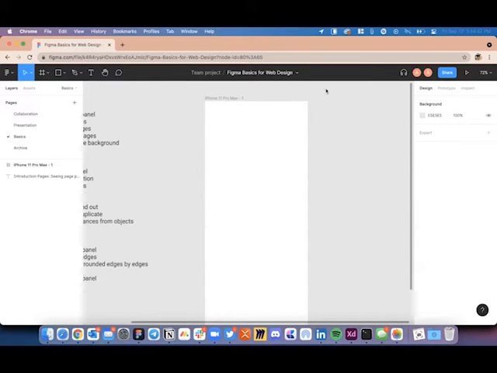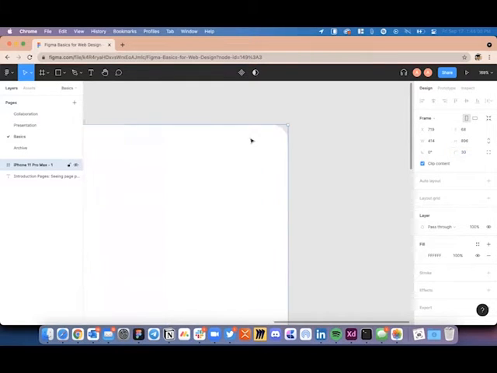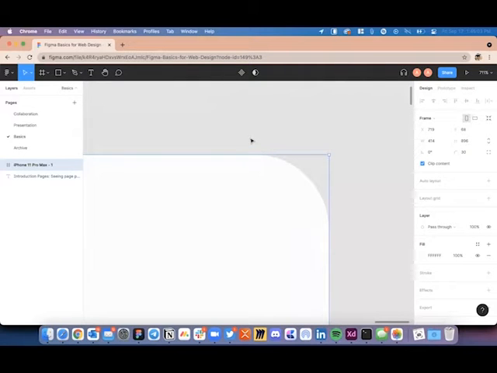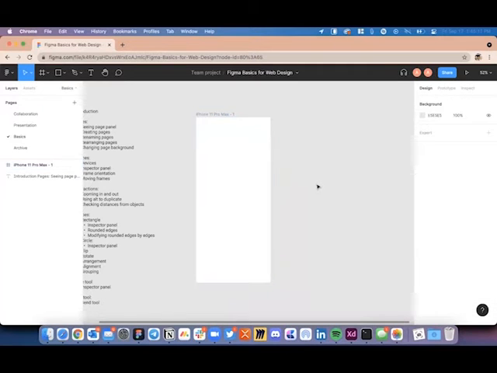How did you curve the edges? So if you select a frame, you will see a corner radius property in the inspector panel, and you can go ahead and set a radius to it. So this is the output after setting the radius. So that's how you change it. So basically, whatever object or element you are creating in Figma, you have to select that object, and you can customize all its properties on the inspector panel on the right side.